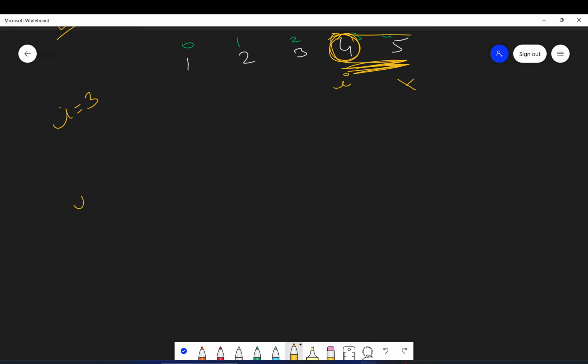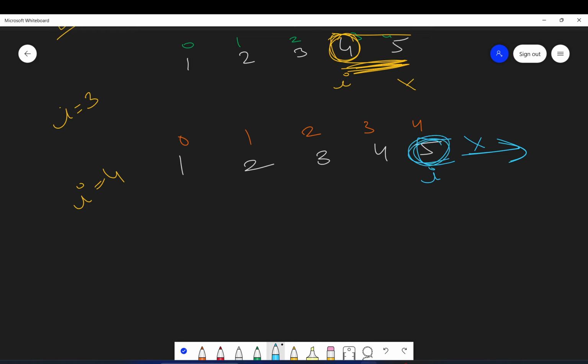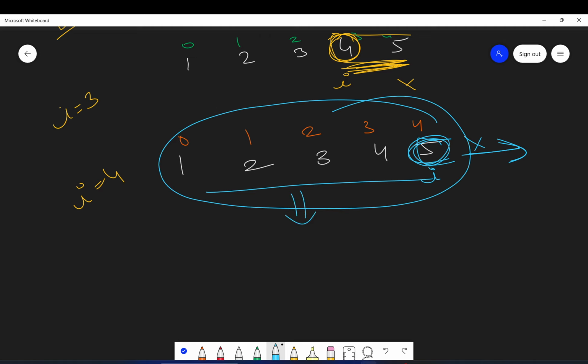And now we will go to the I is equal to 4 iteration. So in I is equal to 4 iteration, 0, 1, 2, 3 and 4, our I value is here and there is no other array to find the minimum element. This will be itself the minimum and nothing will get swapped. And at last, if you see, we got the sorted array.